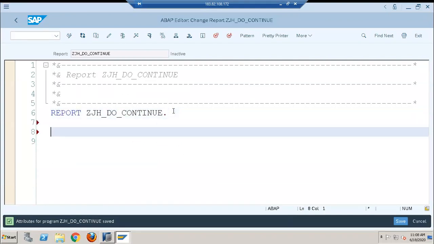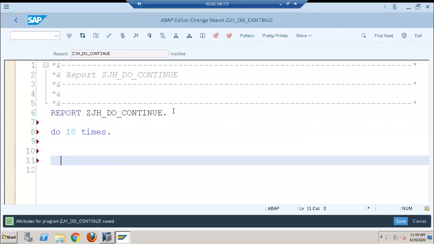So we'll go ahead with the continue statement. For continue, we'll just take a simple example. Like I'll go for do 10 times, and do.